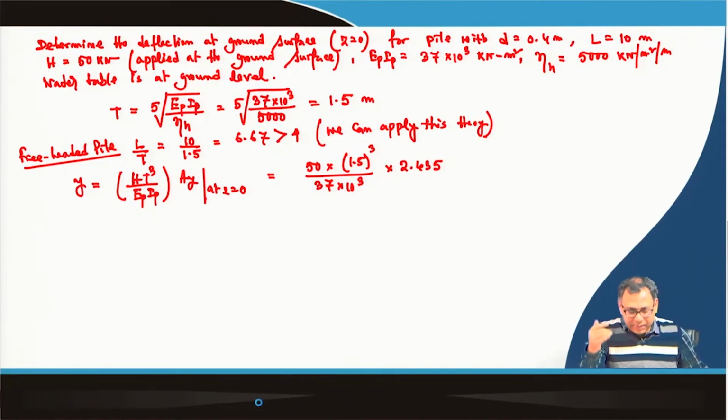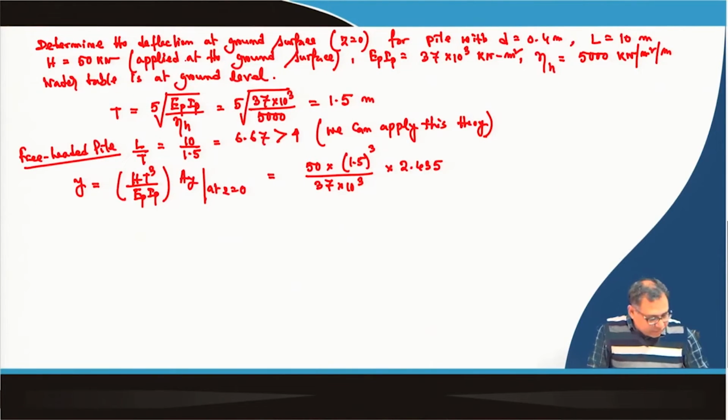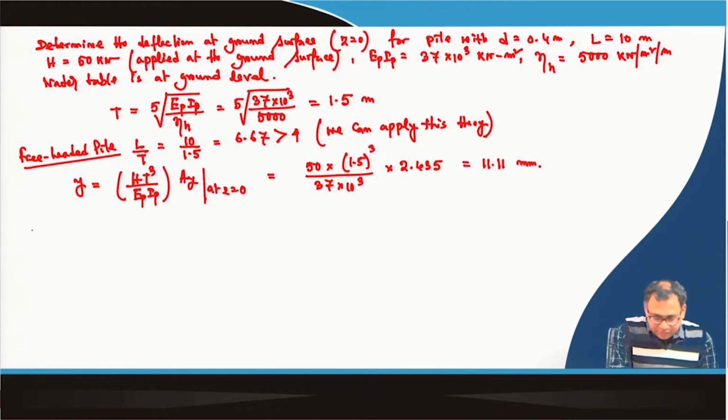If you want to calculate the moment, then you have to take the Am at z equal to 0, which is equal to 0, because it is a free end condition. Now, this is equal to 11.11 millimeter. Okay. Now, for fixed headed pile,